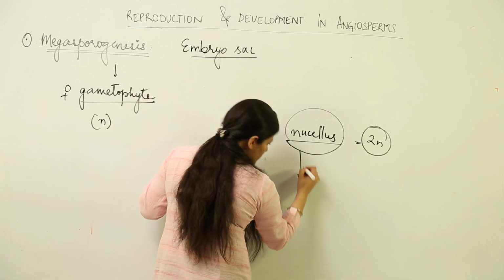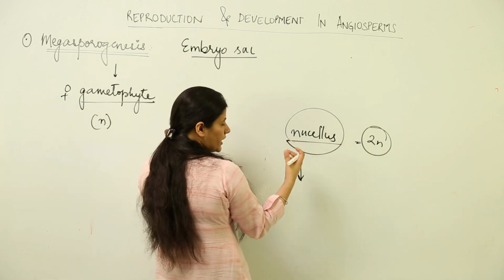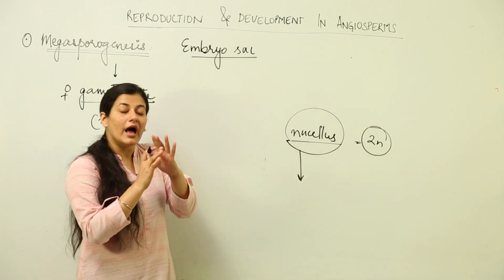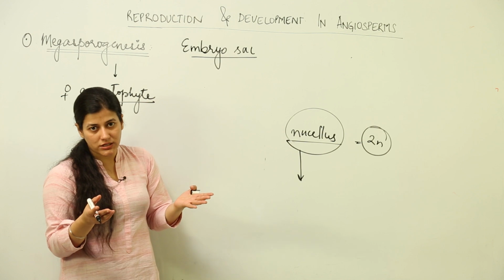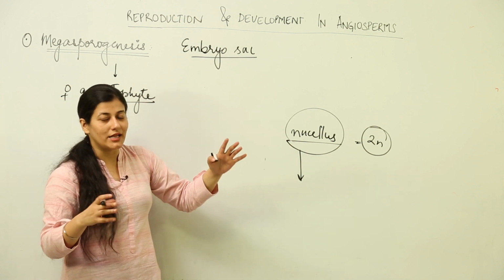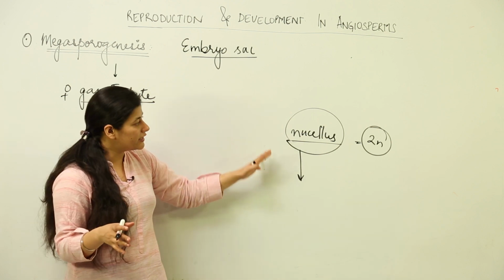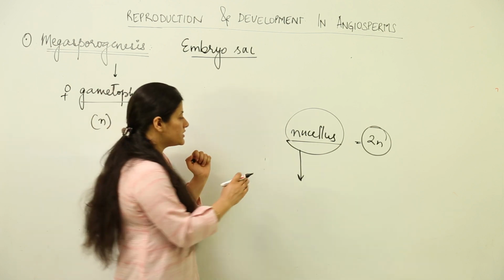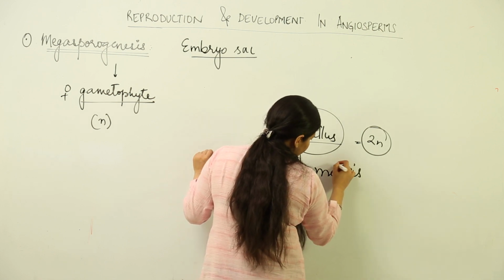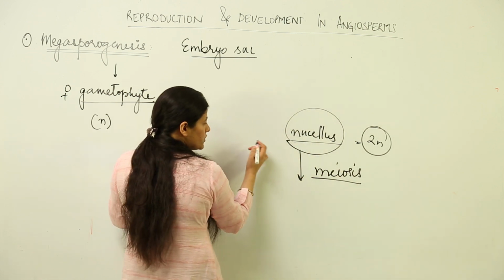Now, some cell of the nucellus undergoes meiosis, only one cell. Please remember, unlike microsporogenesis where most of the sporogenous tissue became pollen mother cells and underwent meiosis, over here one of the cells of the nucellus will undergo meiosis, meiotic division, and the cell that undergoes meiosis will be